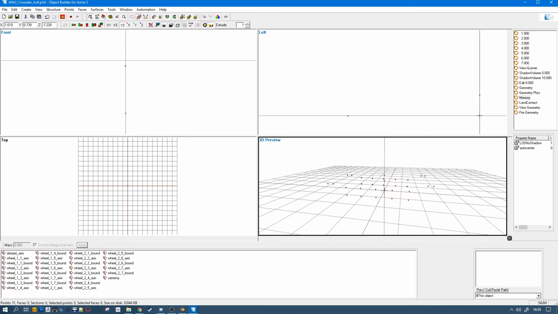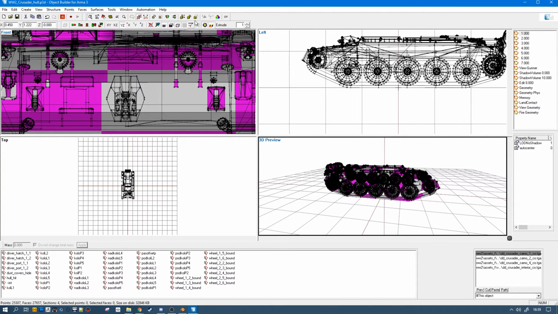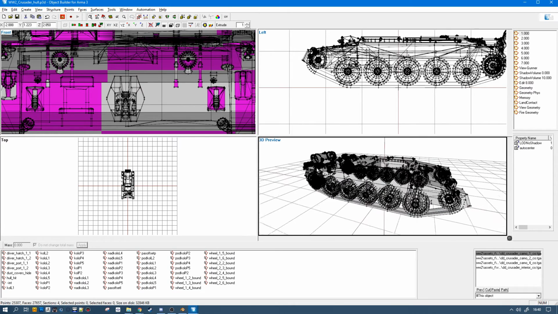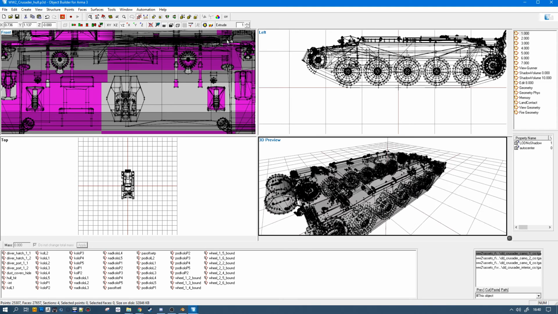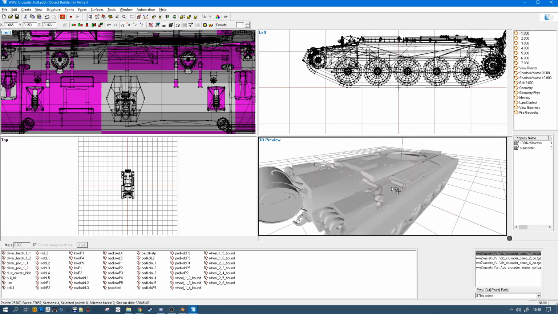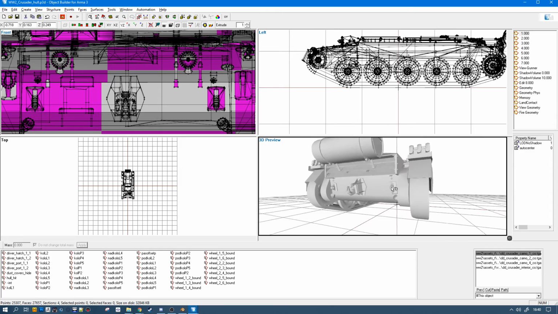Where is my main headlight going to appear, and what direction should it have? Things like this. All the axes you need or memory points that the game is going to use to make something appear once in game. So if you want, for example, here, where am I going to spawn the exhaust effect as well? So all quality of life stuff, so your tank will look better and nicer.